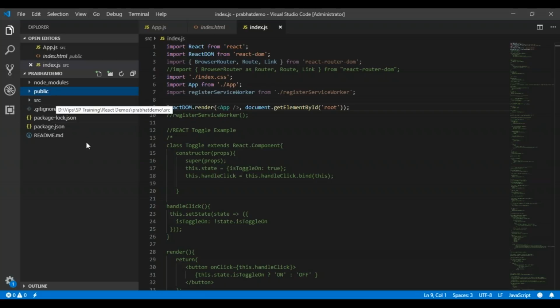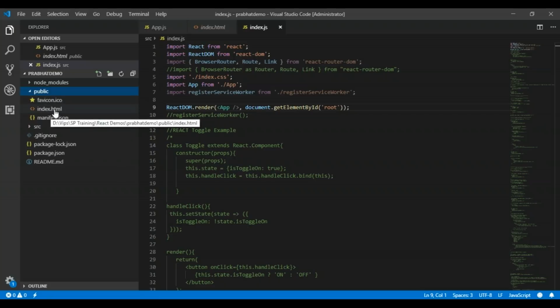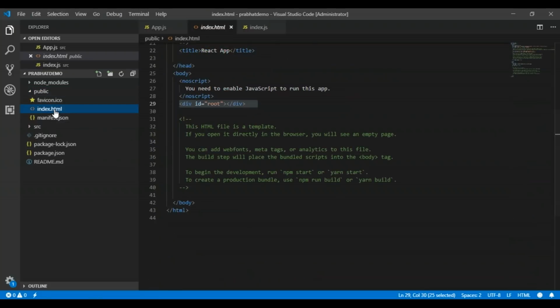So what happens once you create a project based on a Create React App application is that a built-in solution is given to you, which allows you to write the code or to test your different functionalities. It has two folders. One is the public folder, where we have one HTML file called index.html, in which we have defined a root element in a div with the ID as root.